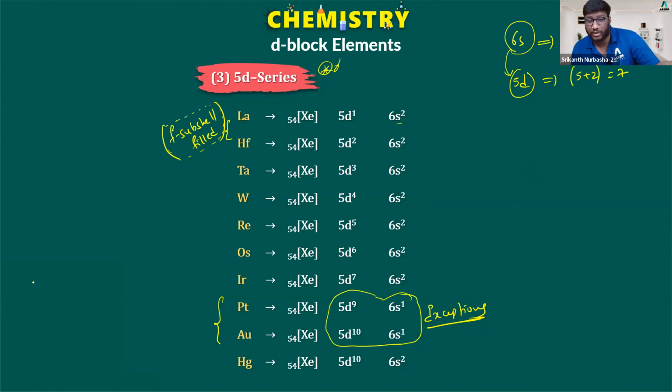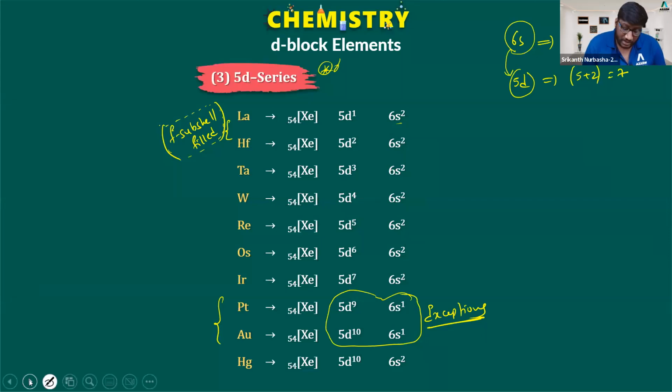You can compare this with 3d and argue, why are you getting 4s1 3d5 there, but not 6s1 5d5 here? Because here in the 5d series, you have lanthanides. In the lanthanides, the 4f subshell is filled. The 4f subshell will have poor shielding. Yes or no? Because of that poor shielding effect, the exceptions are going to be deferred. Understood, students? Clear or not? Yes, sir.